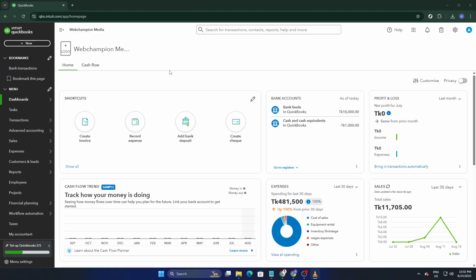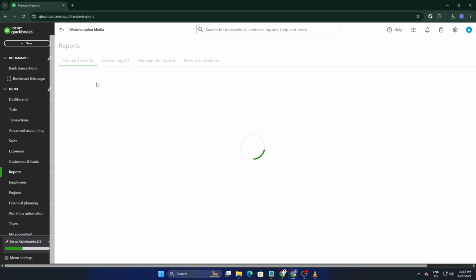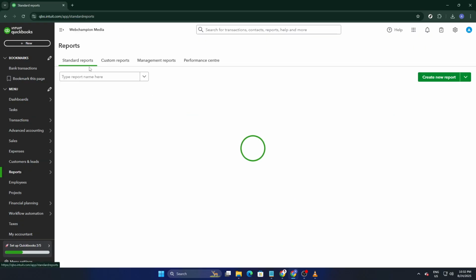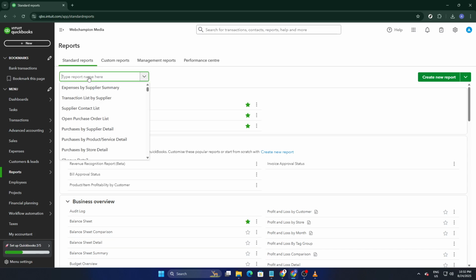First, let's start by opening the Report Center in QuickBooks. From your dashboard, navigate to the Reports menu. This can be on the left-hand side or at the top, depending on your version. Once you're there, you'll see a search bar where you can quickly find the report you need. Most people start with either the profit and loss report or the balance sheet, so type that in and double-click